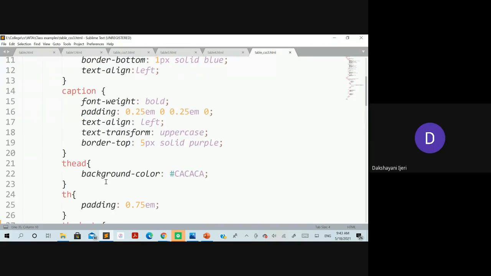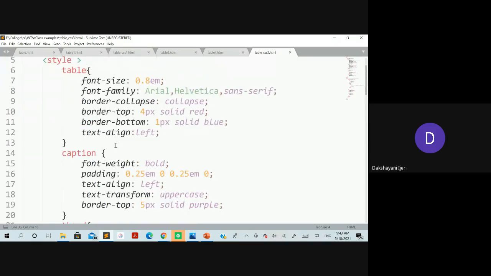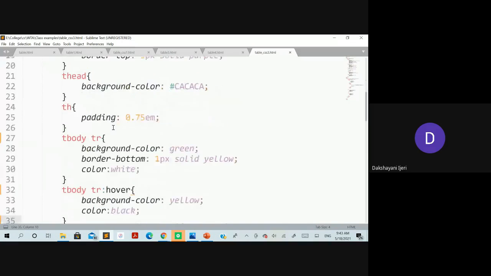So you can see here in the border property, we have taken the color, so this is going to be applied for the border here. But if you take simply only the name of the property as color, it is going to be applied for the text. Do not get confused.